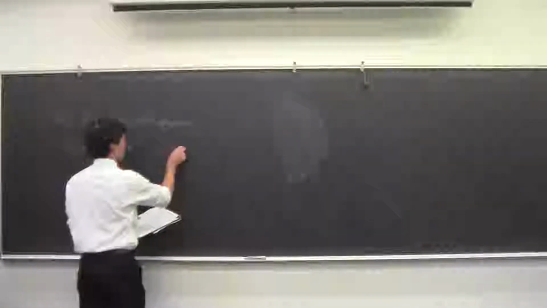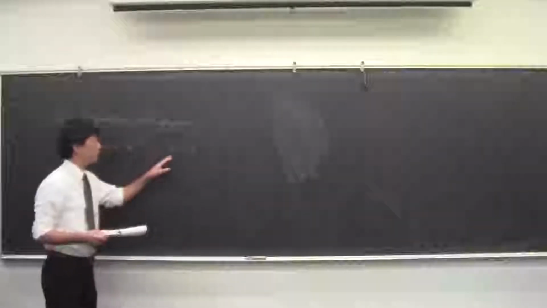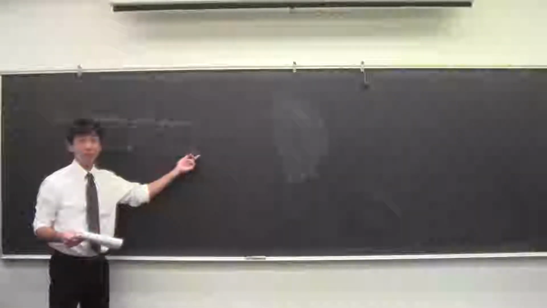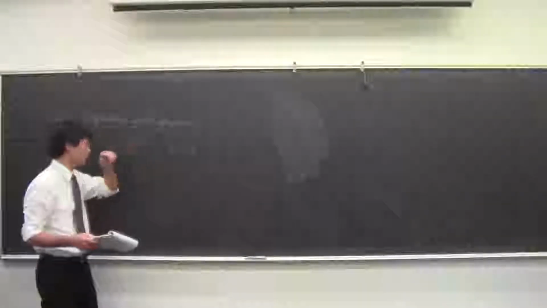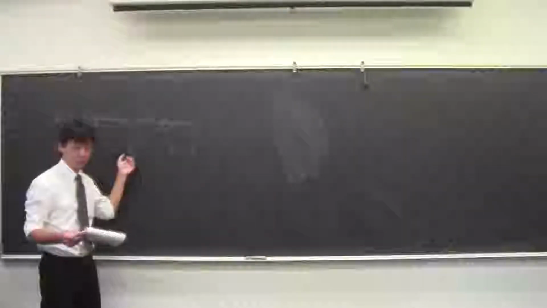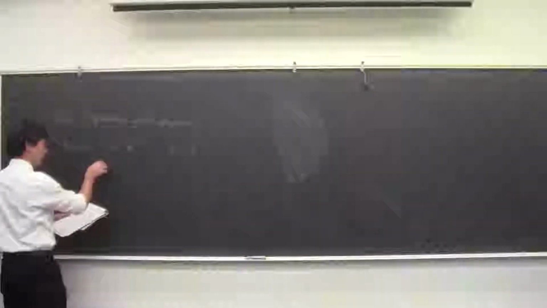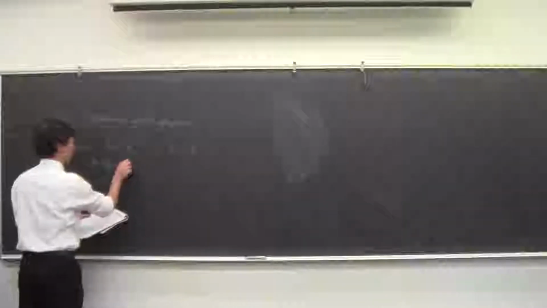Lambda is going to be a complex number, so I'll use C to denote the complex numbers, just like I use R for the real numbers. And we say that, if there exists a non-zero vector,